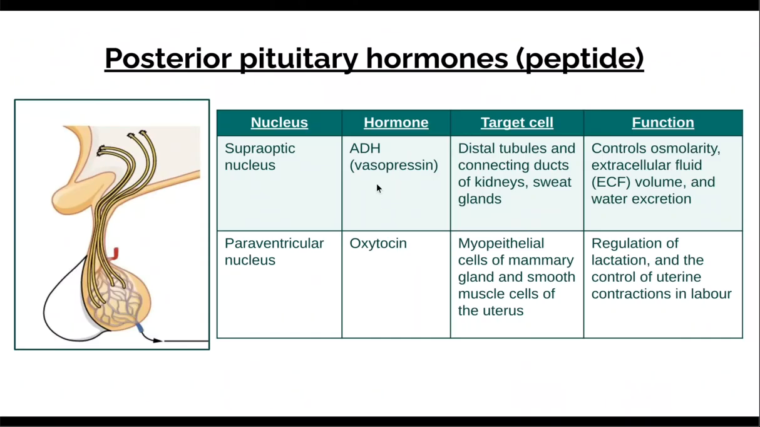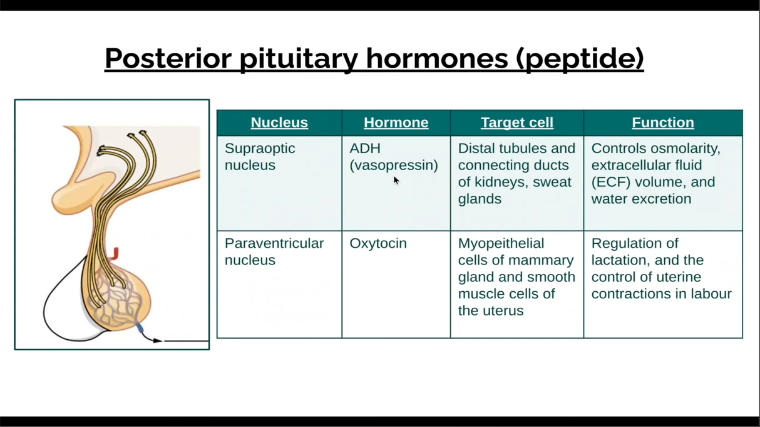You just have two hormones here, so you have ADH and oxytocin. ADH is released from the supraoptic nucleus and oxytocin from the paraventricular nucleus. And ADH is involved with controlling the osmolarity of extracellular fluid and how much water is being excreted into the urine. So the target cells are obviously the kidneys. So in the kidneys, you have the distal tubules and connecting ducts of the kidneys, as well as sweat